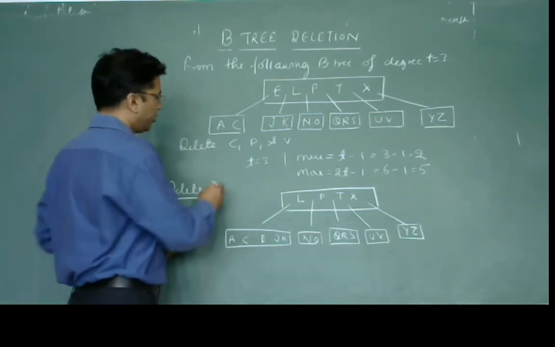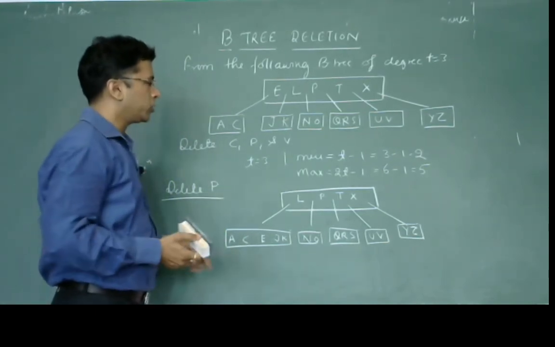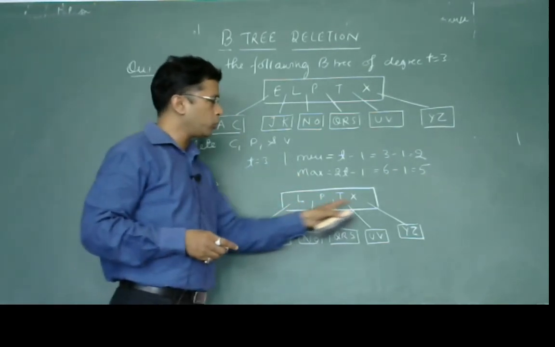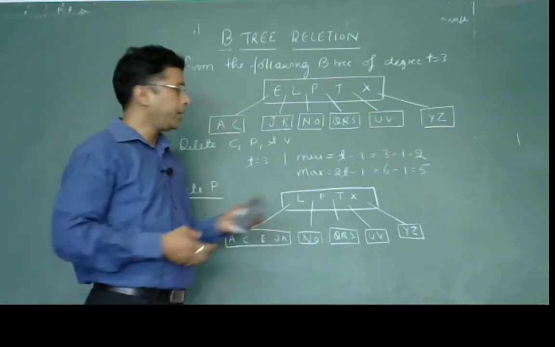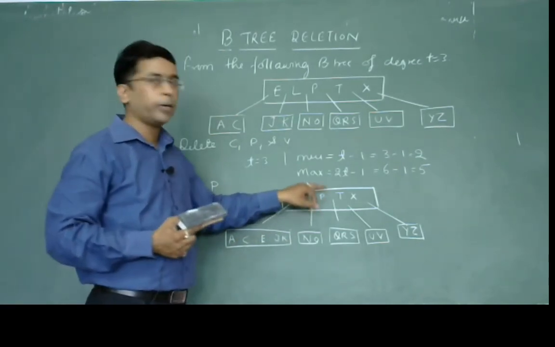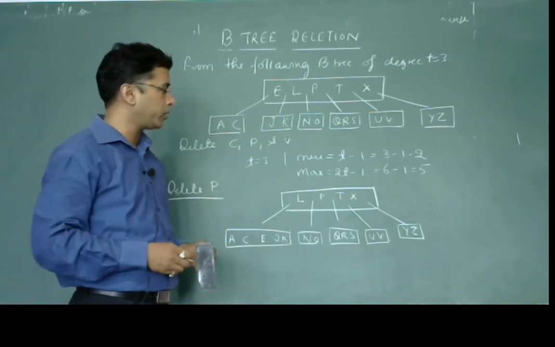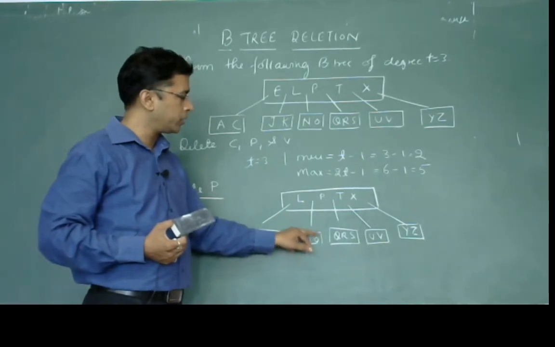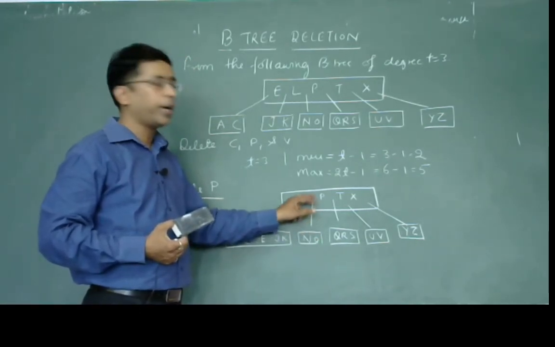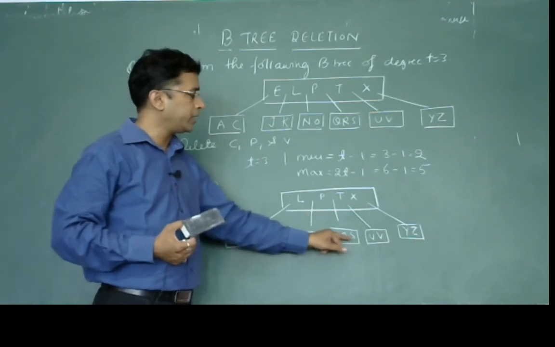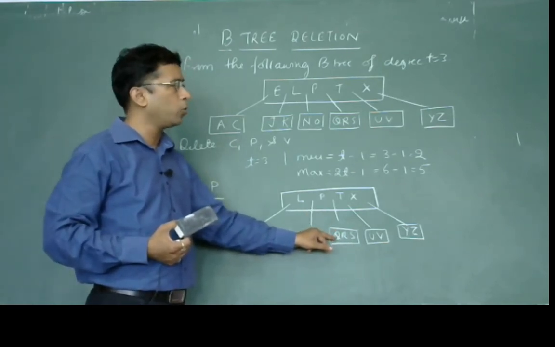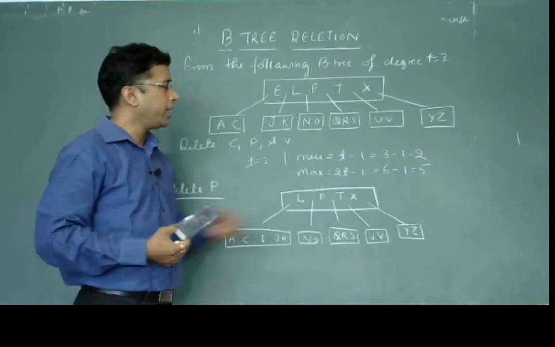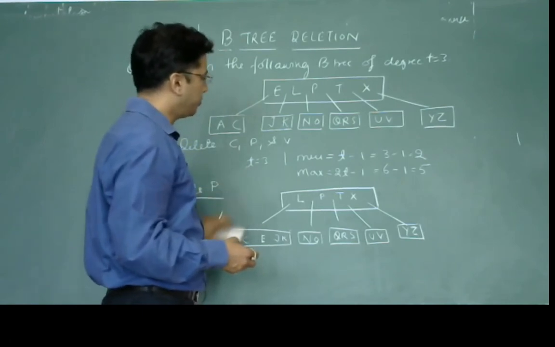When we try to delete node P, in this situation, this node has 4 key elements and it can be easily deleted. But the B tree also tries to maintain the pointer. To save its pointer, here the left child is not in a position to lend any extra key. But the right child has 3 nodes. So one extra node is borrowed from the right child, and after this the nodes become like that.